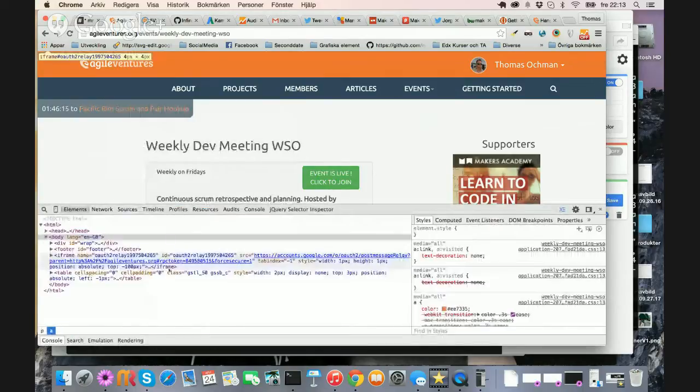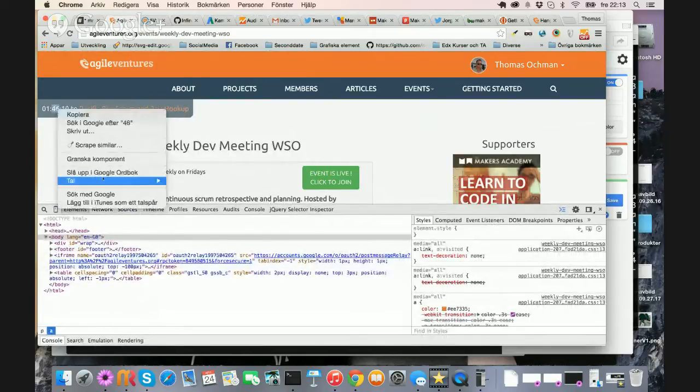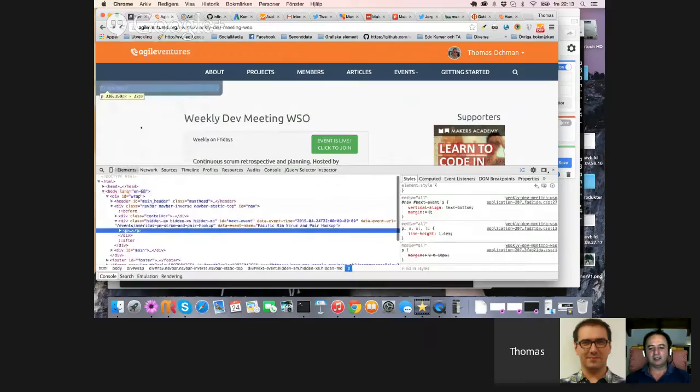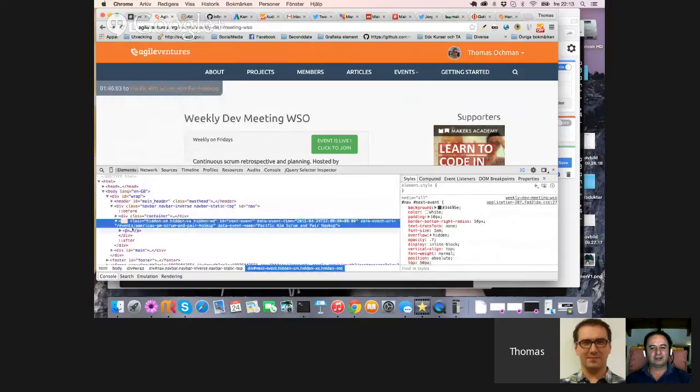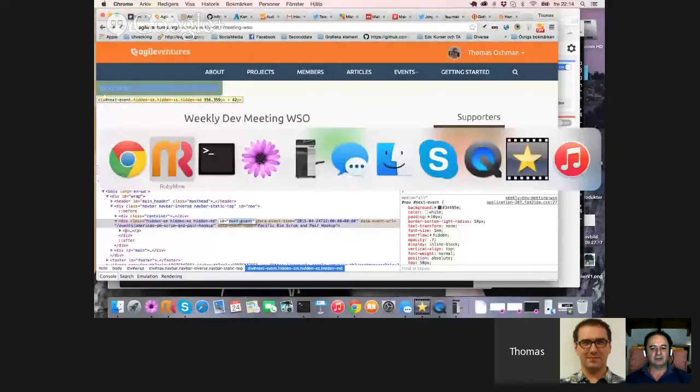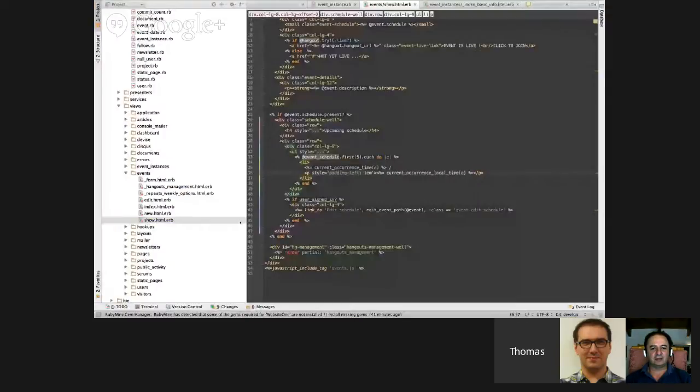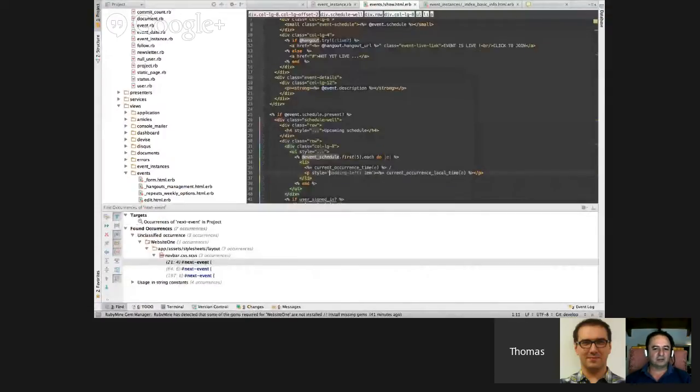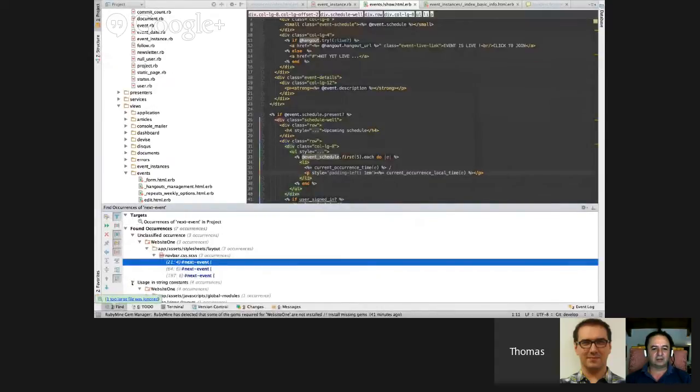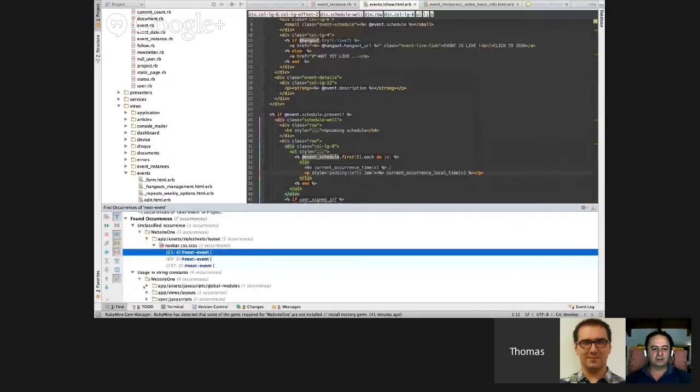Here. So landed body footer. So where is this? Okay, so he didn't need the next event. Okay, so let's search for that here and see where that is defined. Navbar CSS. Global modules.